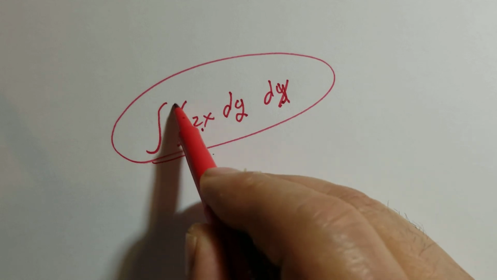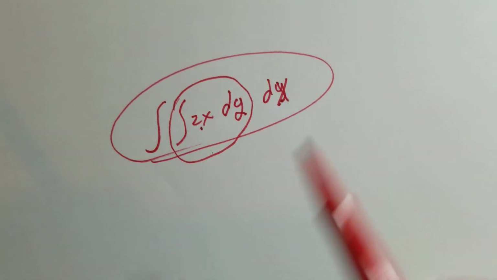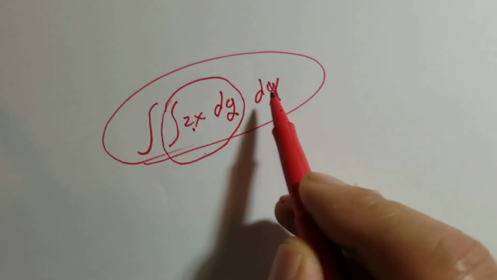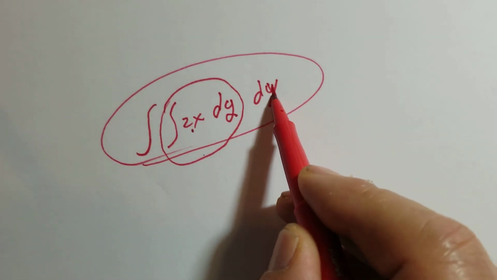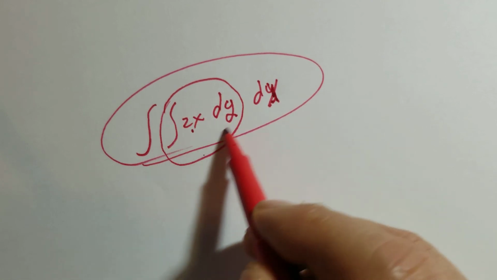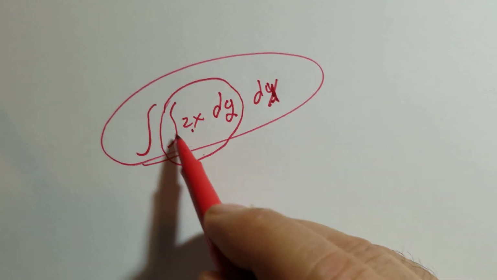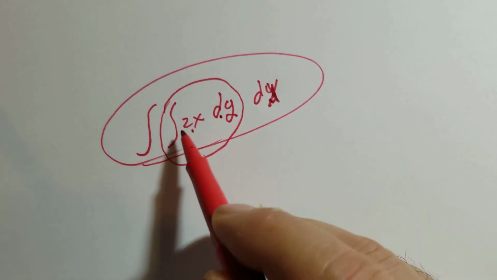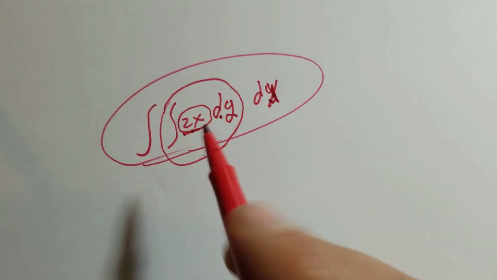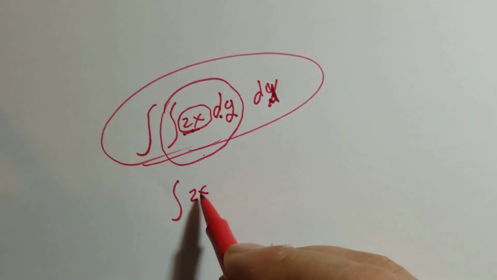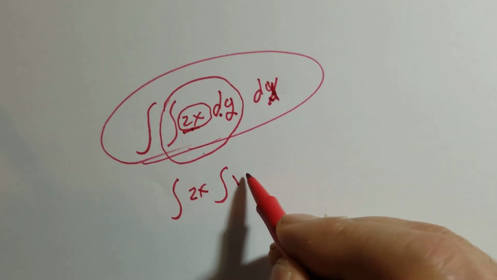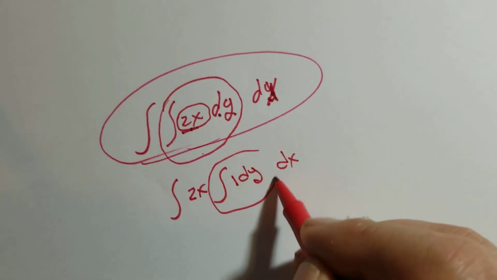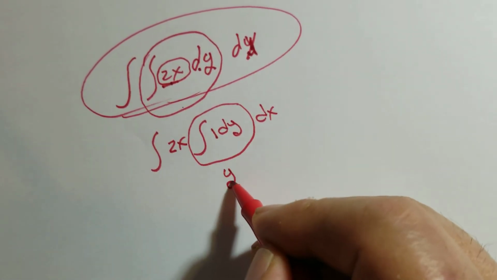How do you do that? You have to take the inside integral. Inside integral, the outside is the what? The outside has to be, therefore, all of these has to become a function of x. Then you can do it with respect to x. I want to do it with respect to y. Therefore, your 2x is a constant. I pull the 2x out and I put 1 dy dx. I'm going to integrate that one. This is nothing except y